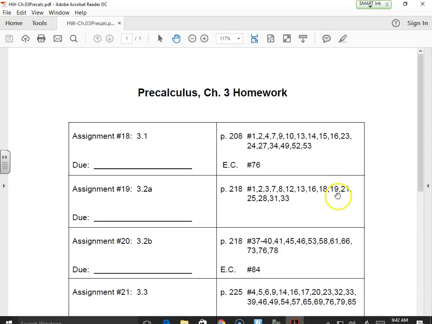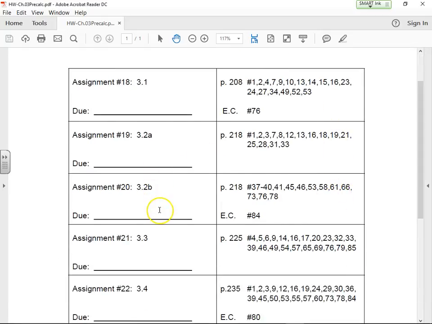If you notice in your homework sheet, we'll finish with 3.2 on Monday, and all of homework for 3.2 should be done by Tuesday. But we will quickly check homework number 19 on Monday. If you notice, maybe I also cut it down because it was just kind of brutal to have one big assignment. So I'm keeping some of you accountable.